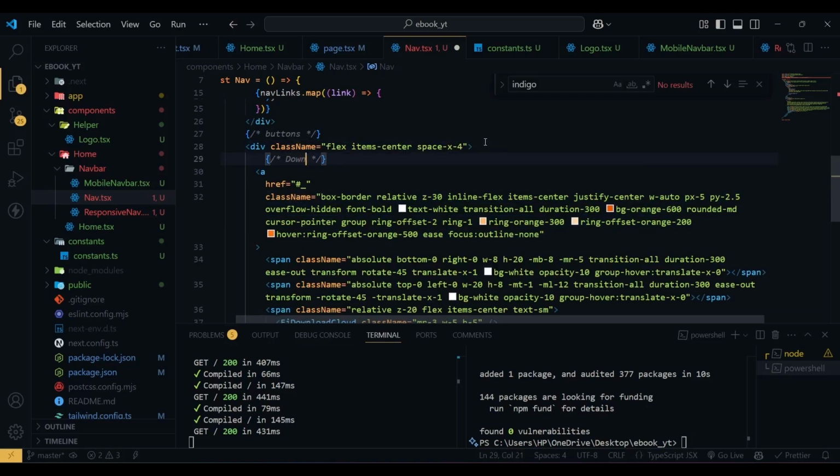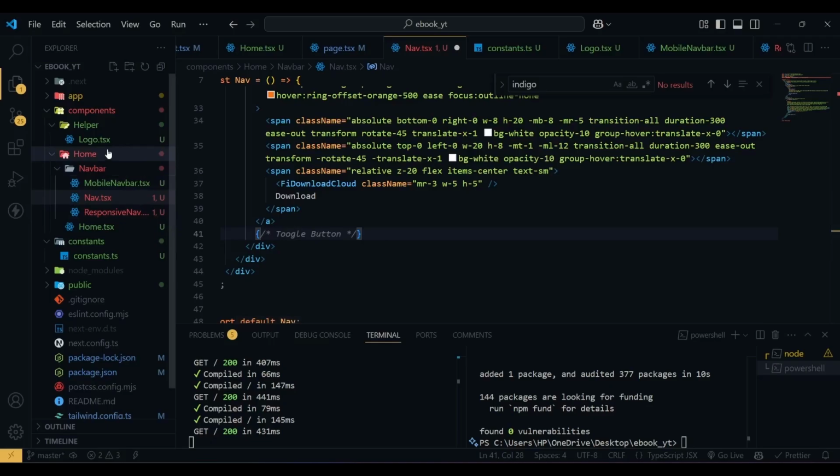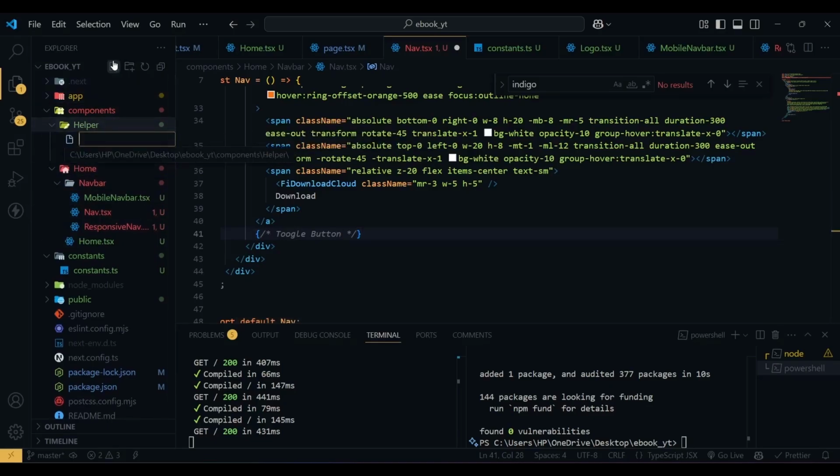So let's use comment download buttons, and then we have toggle button, and for the toggle button I'm going to create a helper component, and here I'm going to name this theme toggle